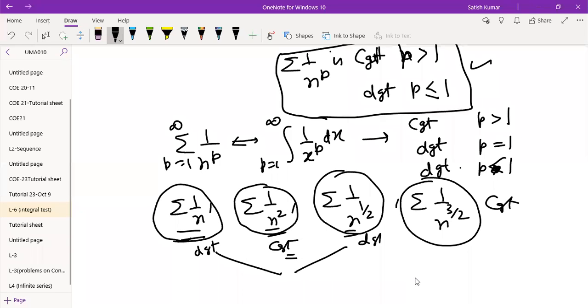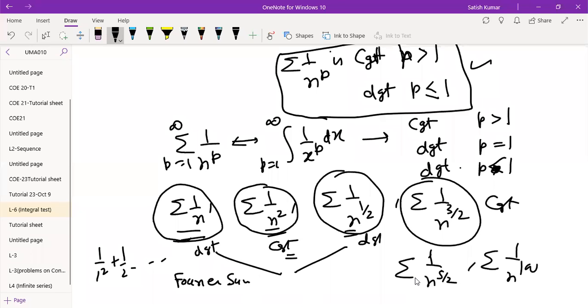बट अभी तक सिर्फ इतना ही हुआ कि yes we can replace this by some fixed quantity. So summation 1 by n square, 1 by 1 square, 1 by 2 square, this in next semester in Fourier series you will find this sum. इसका आंसर मिलेगा pi square by 6, ऐसा आंसर वहाँ पे फिक्स है। हाँ, this 1 by n raised to power 3 by 2 is again difficult to find. That is the advantage of studying this method. अब आपको इतना तो क्लियर हो गया कि 1 by n raised to power 5 by 2, 1 by n raised to power 100, all these are convergent. अब इनके सम क्या होंगे, ये हमारे पास इतने वो नहीं।